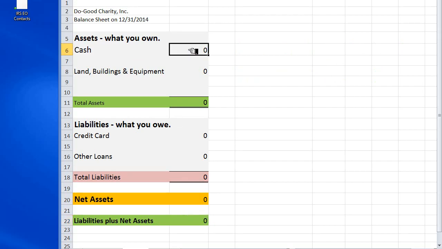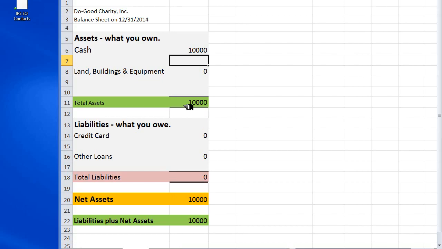So let's say that during the year we had income and expenses that left us with $10,000 in cash in our bank account at the end of the year. So we see we have $10,000 in cash, that our total assets are $10,000, and we have no liabilities. Our net assets are $10,000. We take our total assets minus total liabilities, and that's $10,000. And we're in balance because our liabilities plus our net assets